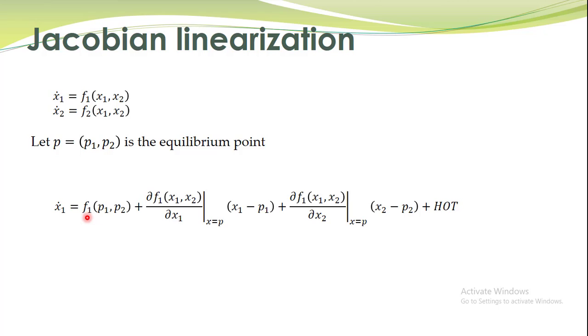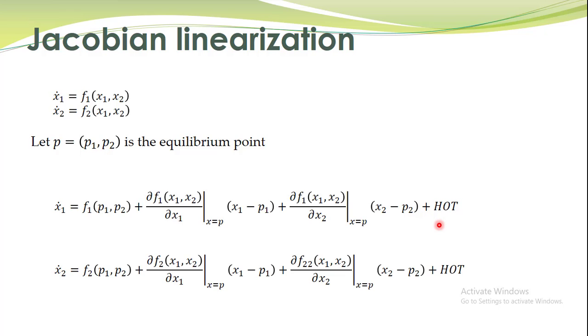The Taylor series is this: f1 evaluated at the equilibrium point, and then the partial derivative of this nonlinear function with respect to x1, evaluated at the equilibrium point, multiplied by x1 minus p1, plus the partial derivative of f1 with respect to x2, evaluated at the equilibrium point, multiplied by x2 minus p2, and some higher order terms, quadratic terms and terms with higher